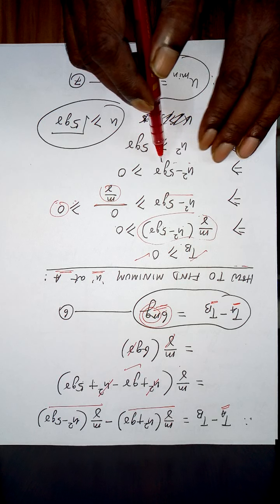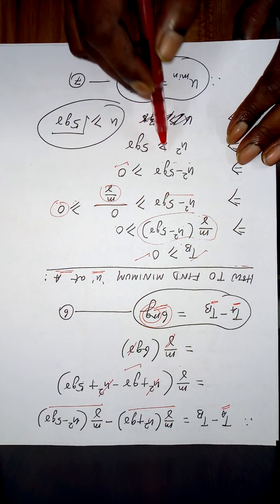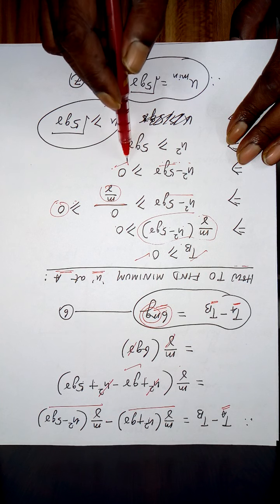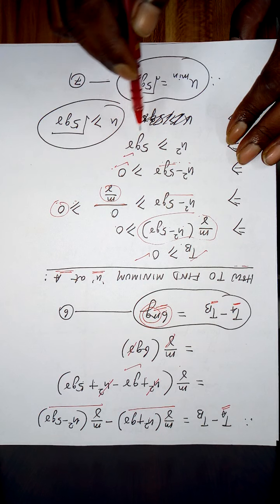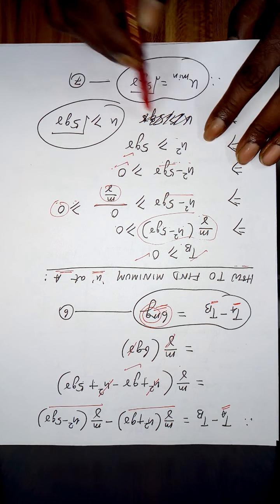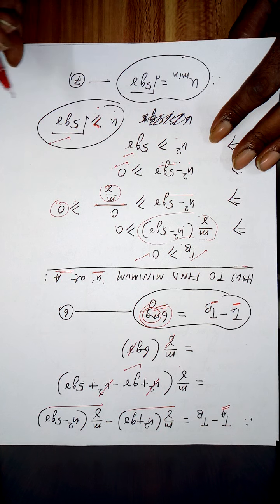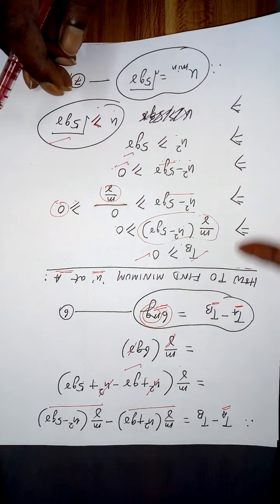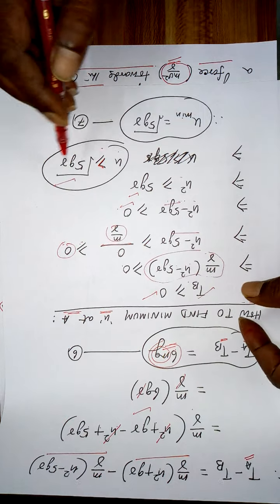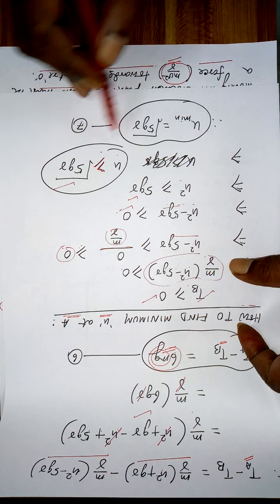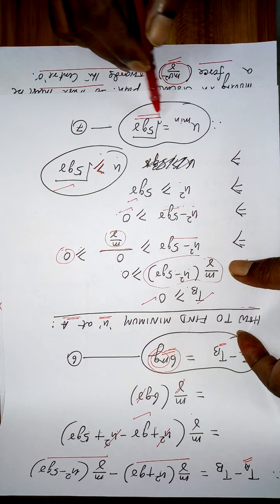So u² minus 5gr is greater than or equal to 0. This is subtracted on this side, I take it to the other side. It is added. So 0 plus 5gr is 5gr. So u² is greater than or equal to 5gr. Greater, there is no limit to that. It can be as much as possible. But at the minimum, u minimum is the square root of 5gr.